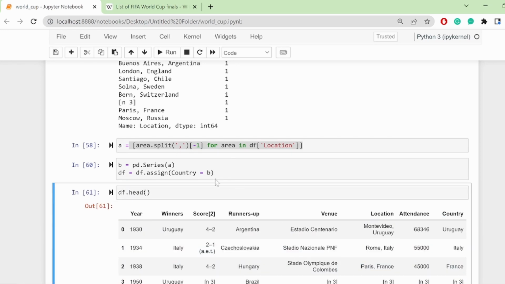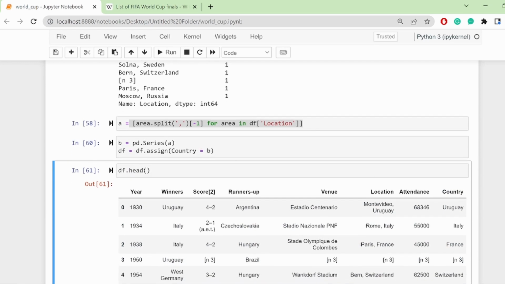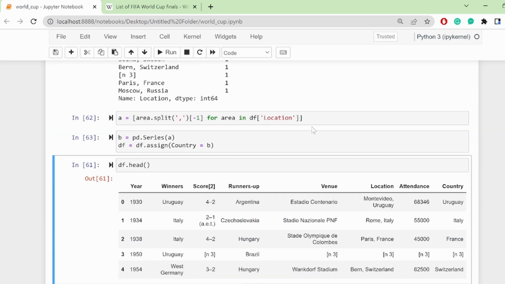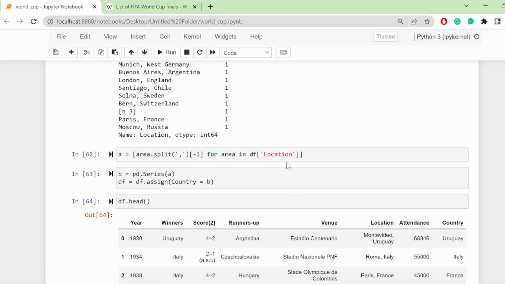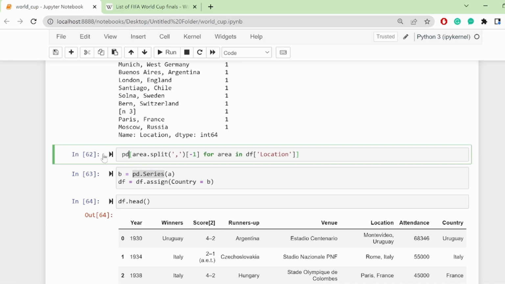However, you don't have to keep on splitting this. You don't have to keep on splitting that. I think I've made a mistake, but I think perfect, it's still okay. You don't have to keep on doing that. What you can do is just put all of this inside the same line. So what you can have is just have this list that has been created being converted to a Pandas series directly,